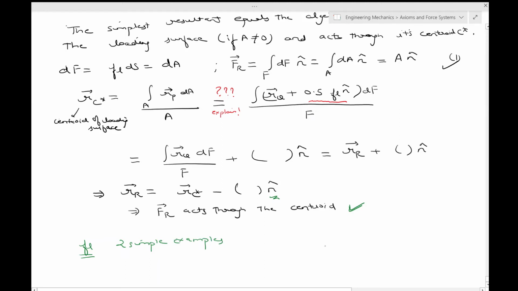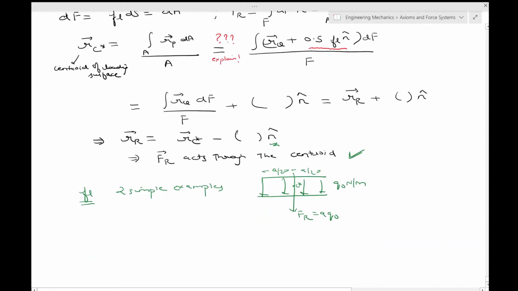One is like this. So you have q naught Newton per meter. Okay, and clearly it will pass through the centroid C star. So the resultant Fr will pass through this. That value will be equal to A q naught, and this is A by 2, this is A by 2. Okay, so this is something which we have just seen, and if you have this sort of a